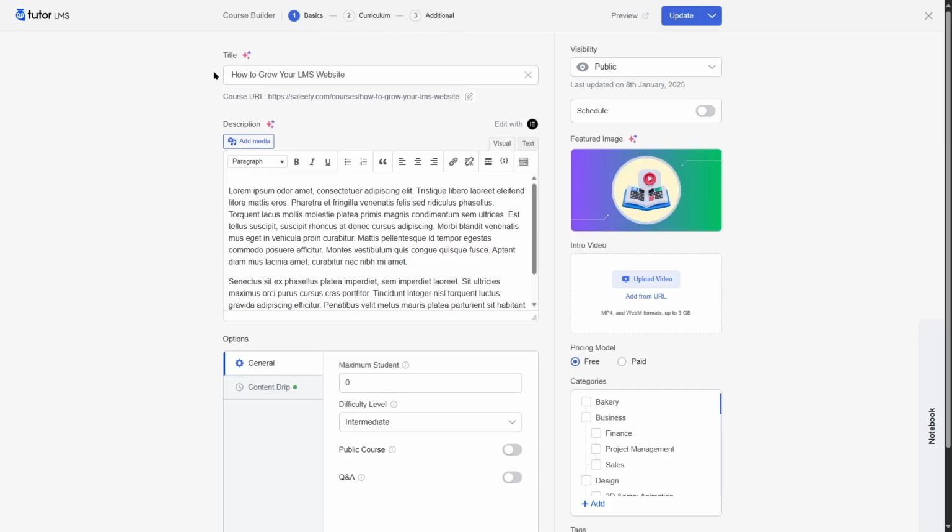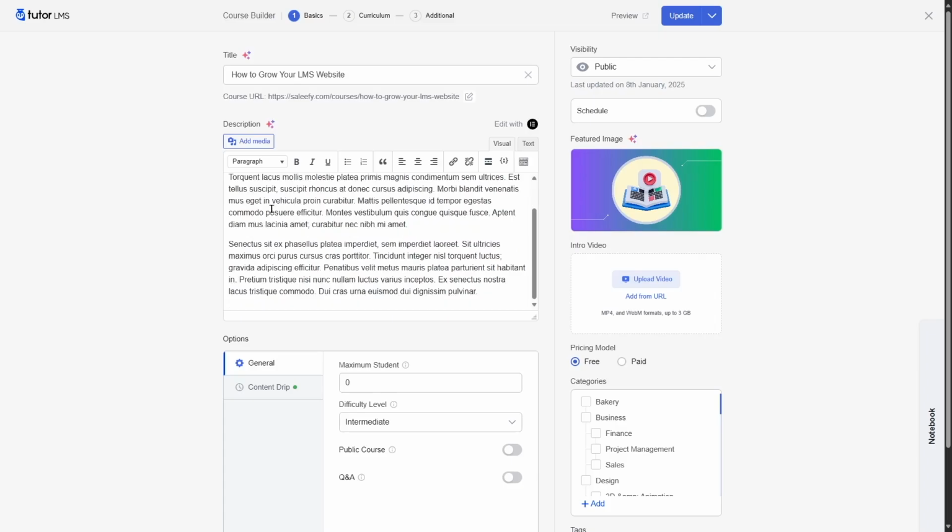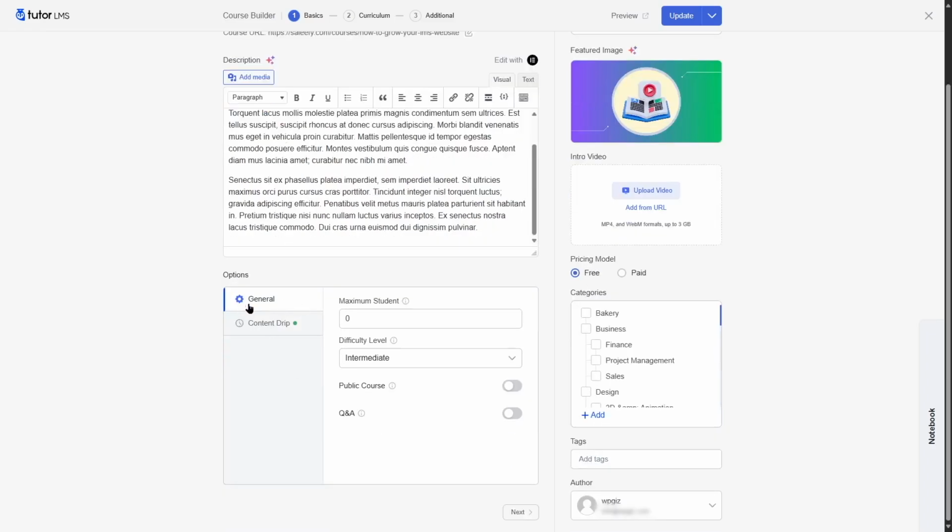In the basic section, you can provide your course title, you can add a course description, and from the options, you get two options: the general options and the content rip options. In the general options, you get to select the maximum number of students, and you can choose your course difficulty, and you can choose if you want to make your course a public course, and if you want a Q&A